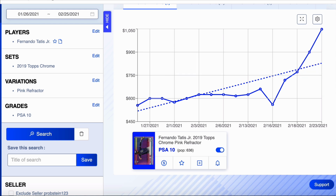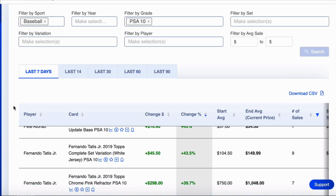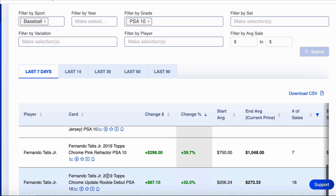Yeah, I'm gonna hold on that one. Not buy, not sell. Although if you made a bunch of money and you don't believe in Tatis that much, you can sell it. But I'd be holding. And number 5 on the list, another Fernando Tatis, 2019 Topps Chrome Update rookie debut, up